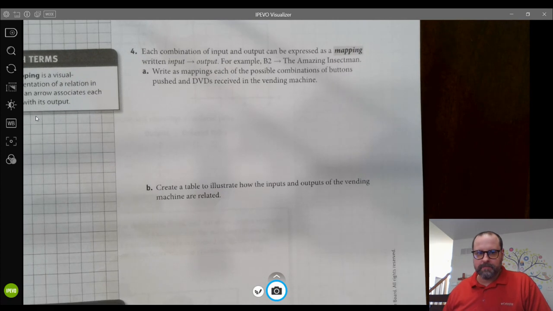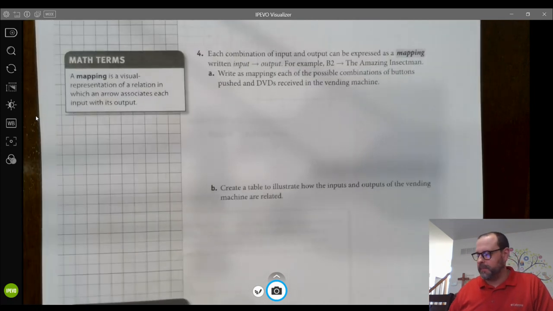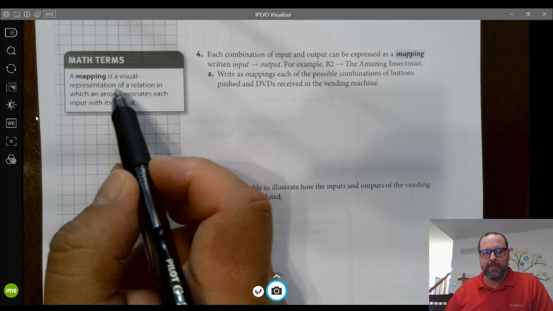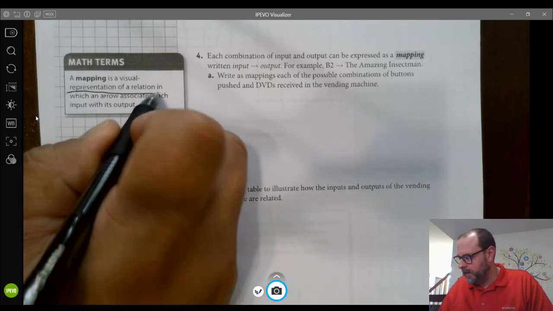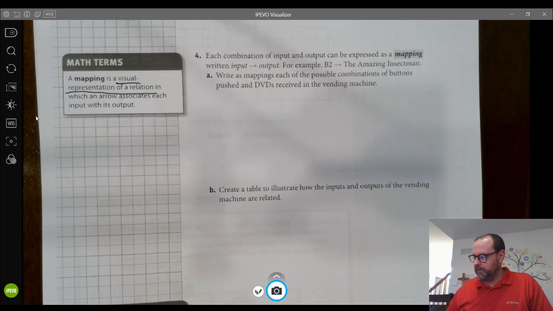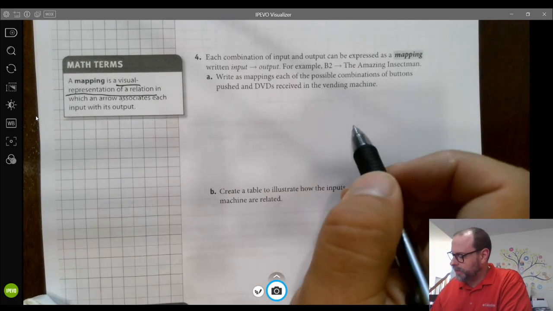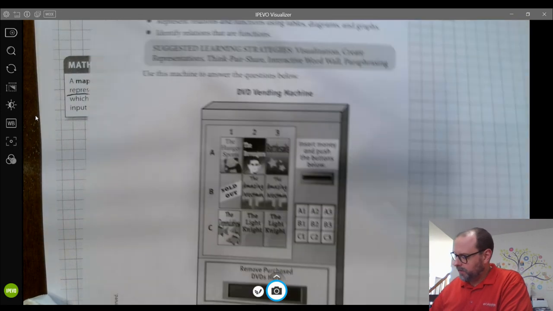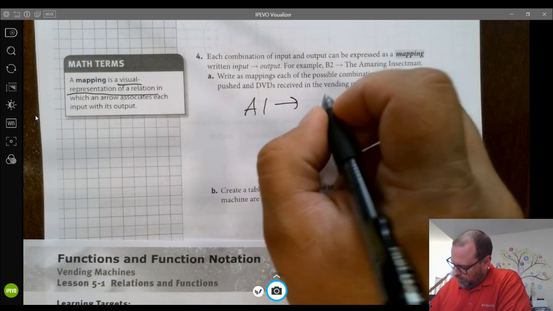Okay? So every one of those combinations of input-output we can express as a mapping. So a mapping is just one way to represent a relation. So that's what they're saying here. It's a representation of a relation, a visual one. Okay, so you could make a mapping, which is just going to say you basically draw arrows for them. So if I was going to say, what happens if I press A1? Well, I would get